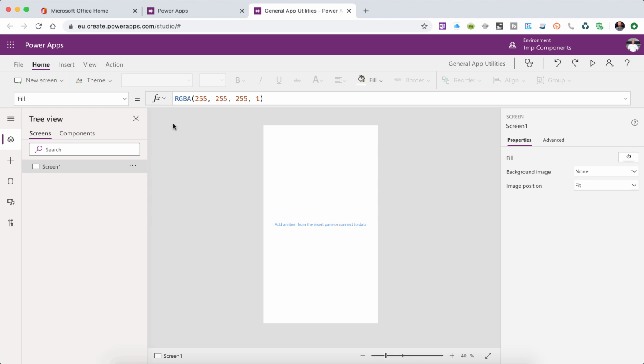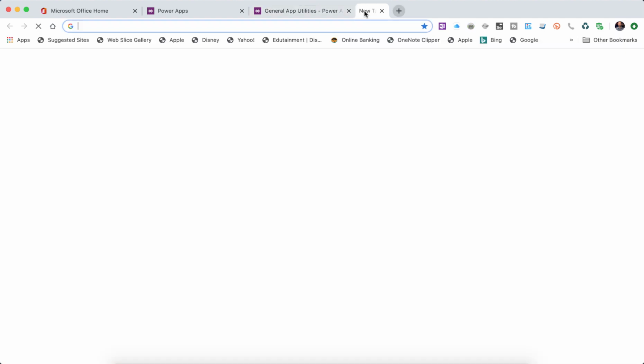Now, we're not going to do that today. We're not going to build one from scratch. The idea is not to drill into details about components and to show you how to build those. It's more how to use the component libraries. So what we're going to do is we're actually going to fetch the Popup component and then incorporate that into our component library. So to do that, we're going to head out to